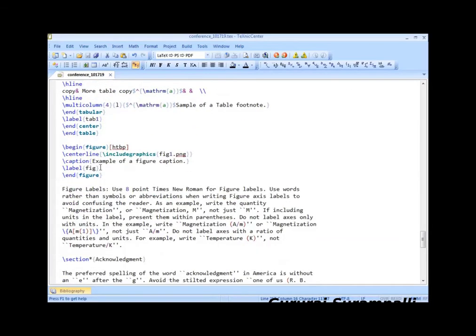Then figure, again, very interesting. How you want figures to be there in the document. So you always start with the begin figure, center line, then caption. You can give the caption, label it, and you can give the path of that figure, or you can put the diagram or PNG file or JPEG file in a folder where this code or this file is there, where you have saved it.